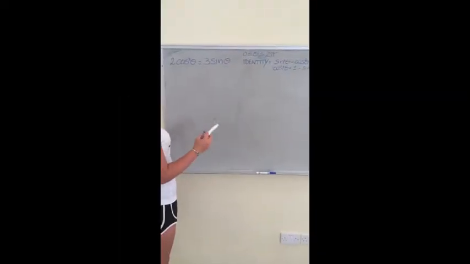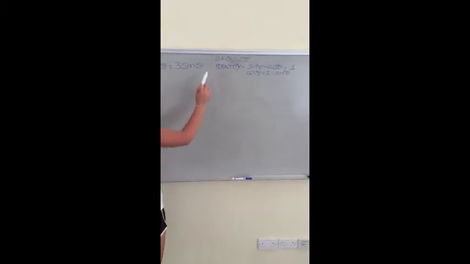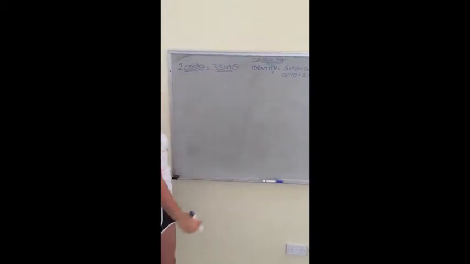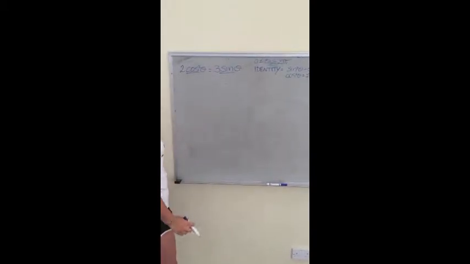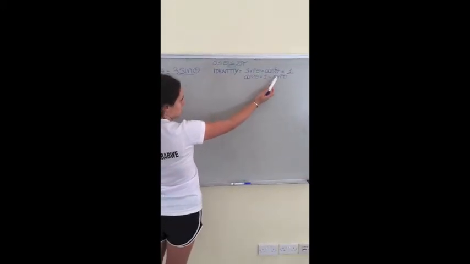The question we'll be looking at today is 2 cosine squared of theta is equal to 3 sine of theta, and we'll be looking at values from 0 to 2 pi. Because we have both cosine and sine, which are two different things, we need to find a way to make them look the same. And we'll be doing this by looking at the identity of sine squared of theta plus cosine squared of theta is equal to